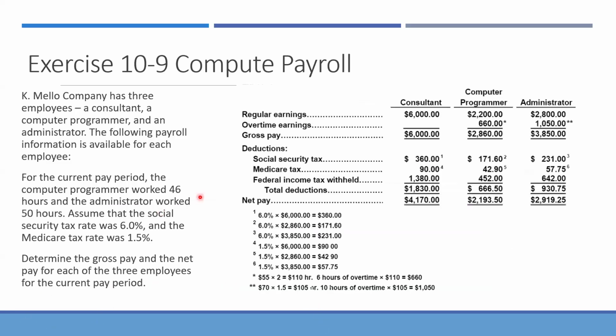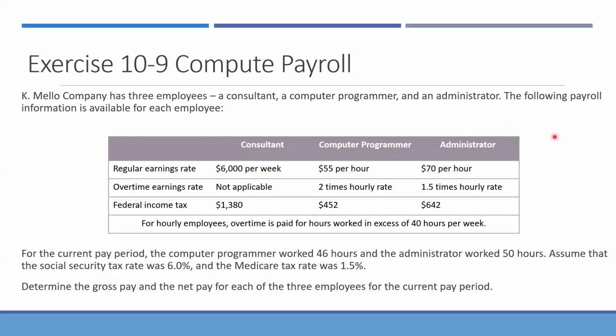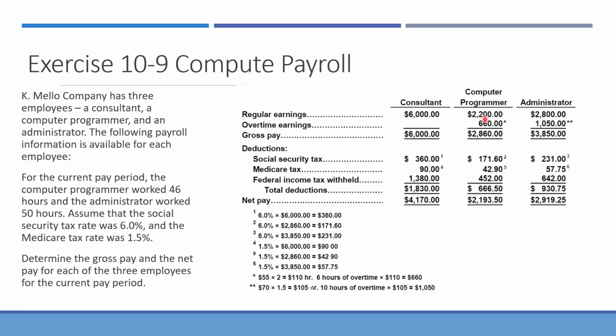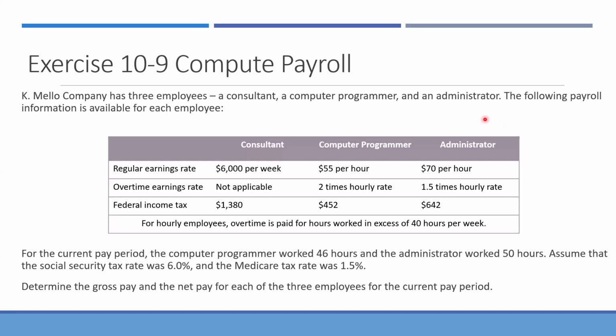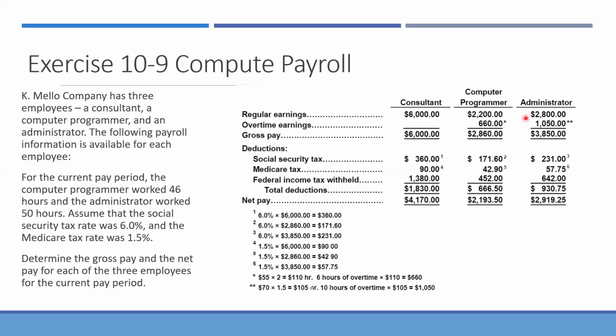The regular earnings are 6,000 for the consultant, 2,200 for the programmer, which is 55 times 40, and 70 times 40 is 2,800 for the administrator. We take 6 hours times 2 times 55, and we get $660. And we take 1.5 times 10 hours of overtime for the administrator times 70, and we get